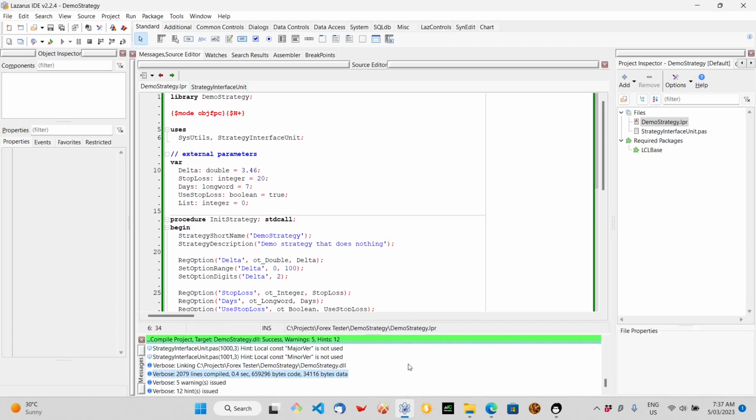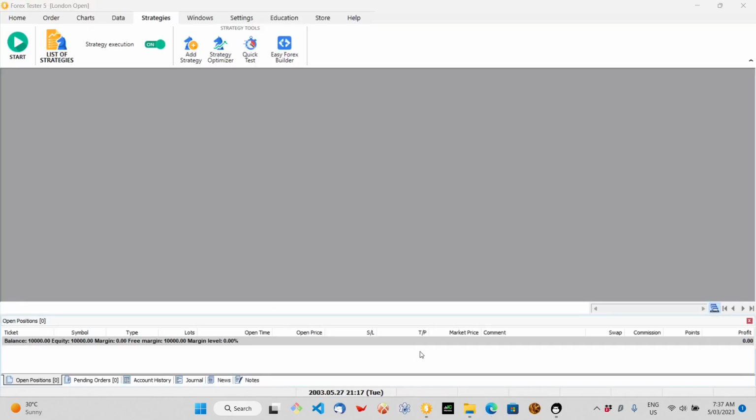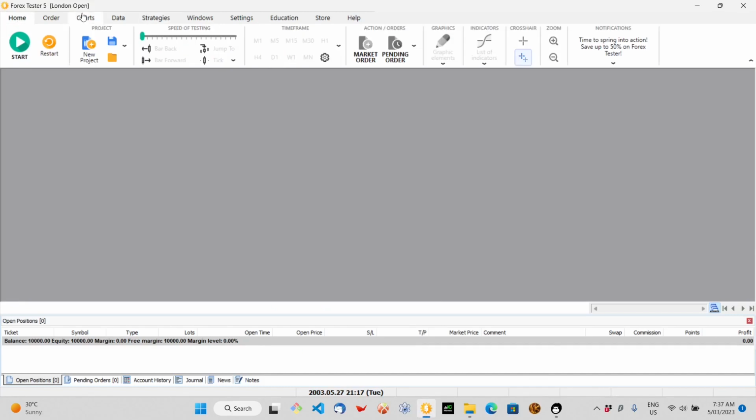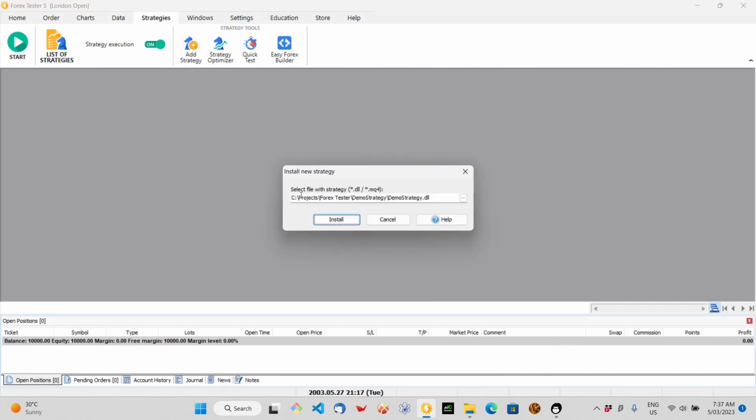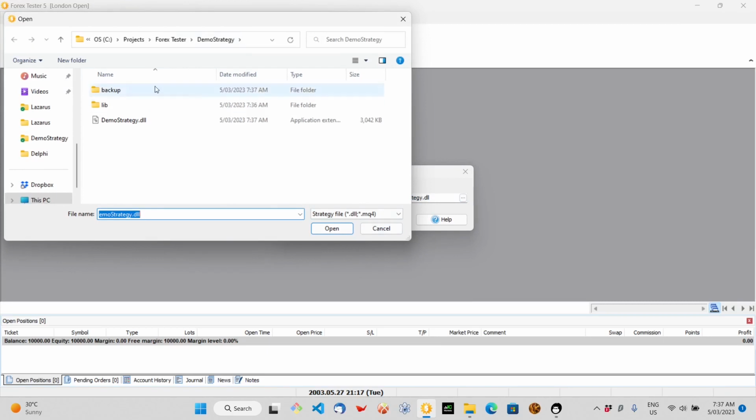Alright, so now what we do is we go into Forex Tester, and if you're on the home you'd click strategies at the top here. Then you're going to click add strategy. Now you can see I already have it there because I did an experiment before I did the recordings just to make it more smooth. So you'd click that button and you'd browse to wherever your demo strategy DLL is, and you click that and you see how that's 3 megabytes pretty much. I'll show you how to strip that down further. But if we click open